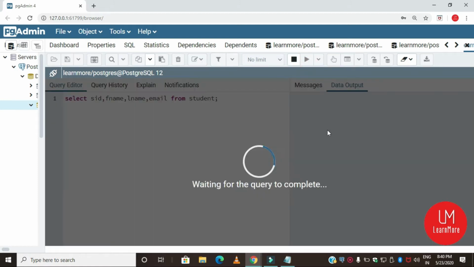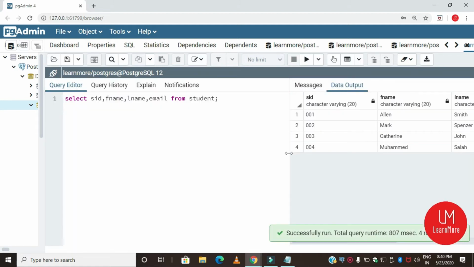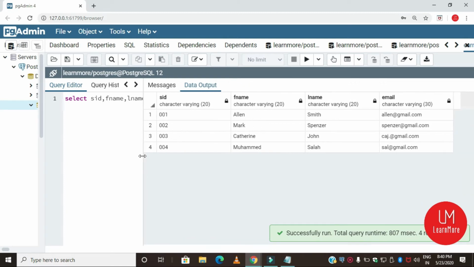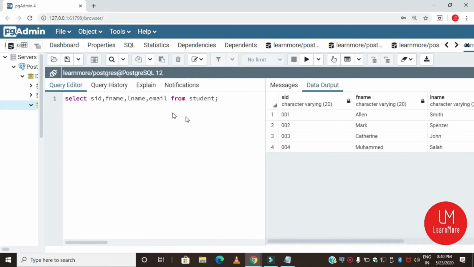Let's run this. You'll get the same result, but if you want to select all the columns, it is convenient to use the star symbol instead of specifying the column names.